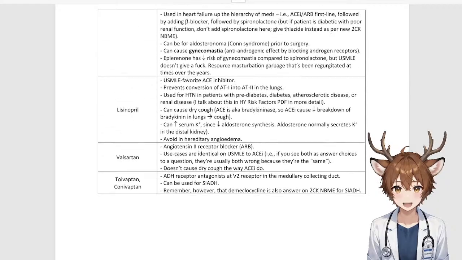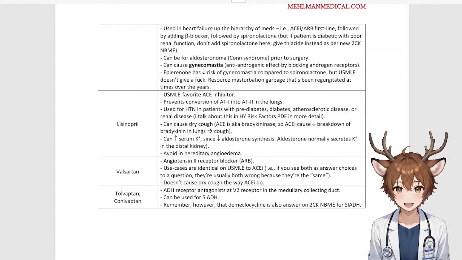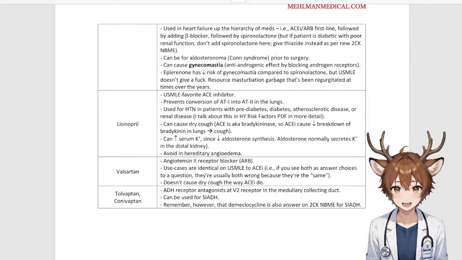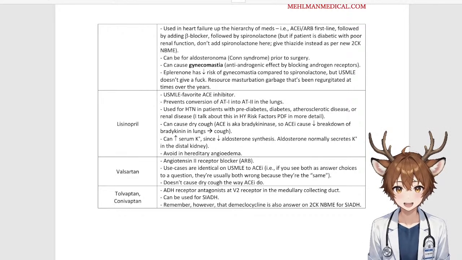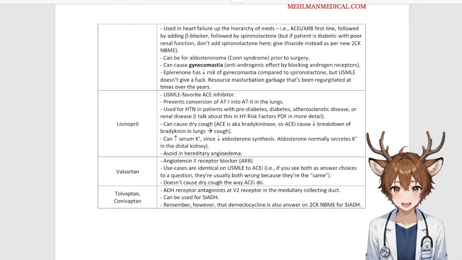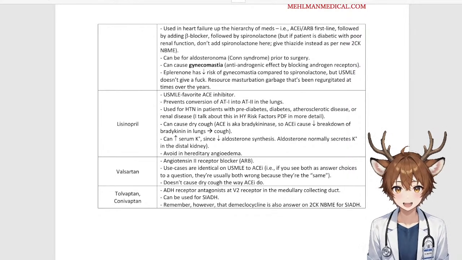Okay, and that concludes our entire chapter for renal from the Mehlman Medical PDF for internal medicine. So hopefully you found that useful. If you didn't, I don't know what to tell you, but hopefully this was a good use to you. We got it done in under an hour, well, the remaining part of it, I should say. We have a part 1 as well, which you can find on this channel.